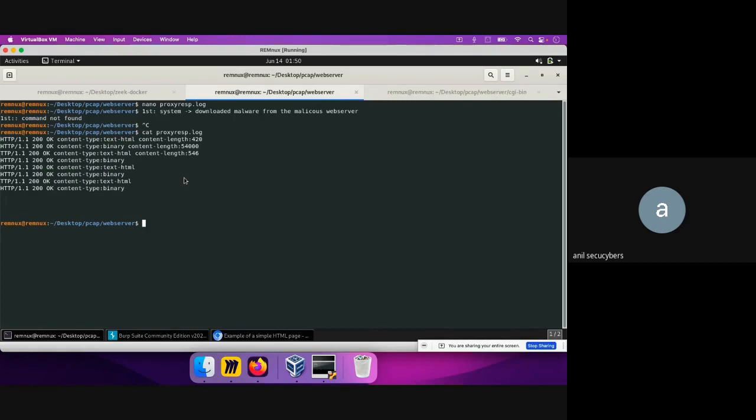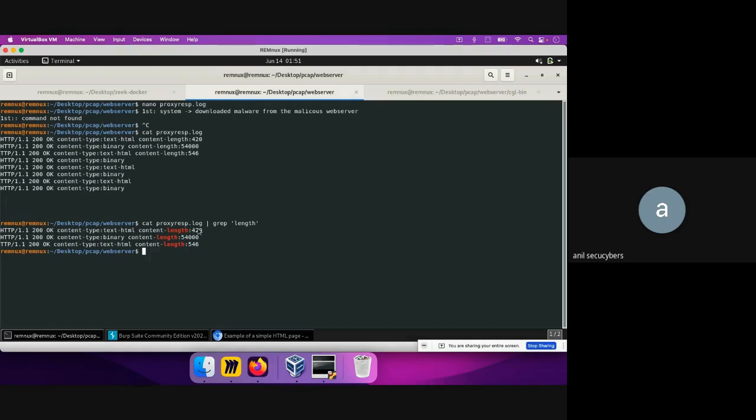Okay. Now, one of the things I was telling was that if you have this proxy log in your system, you can't just do content length, because it will give you all the values and it will not filter, let's say, show me only those values where the content length is more than 1,000. So to do that, if you know the Python programming language, you can utilize that knowledge and maybe filter out